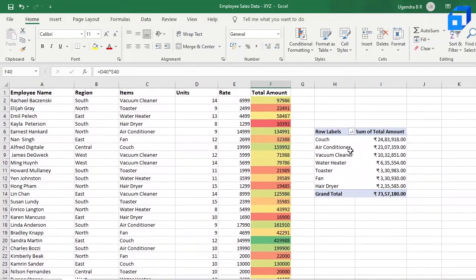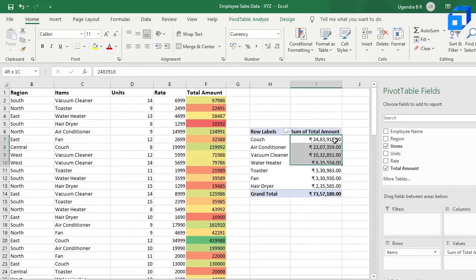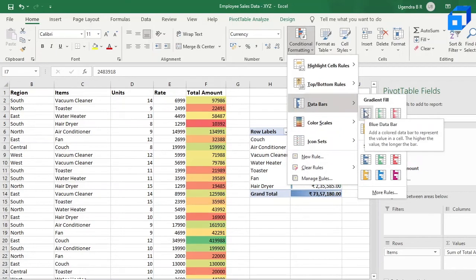And since we have a pivot table over here, we can use conditional formatting for a pivot table as well. You can do it over here using this option. So let us select this value. If you want to get a data bar, you can select this option.